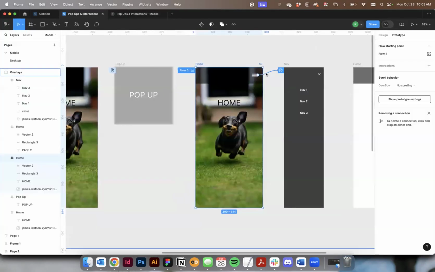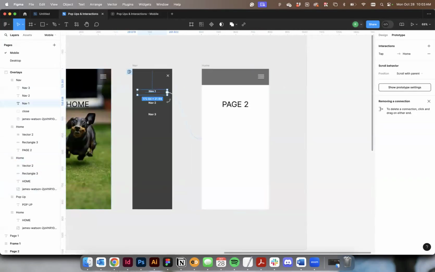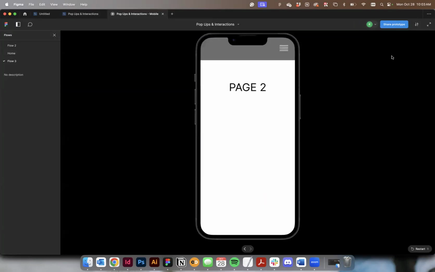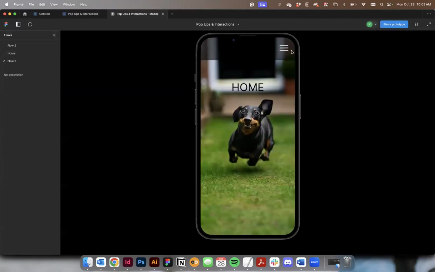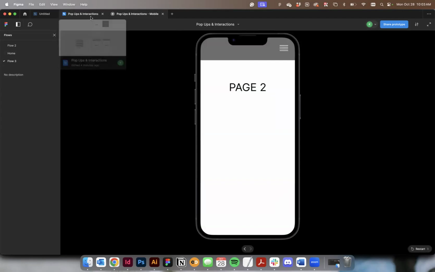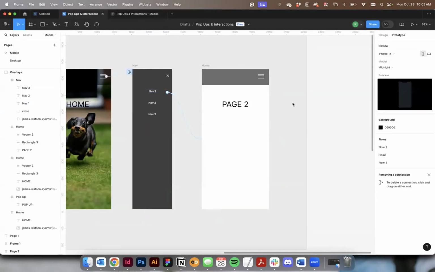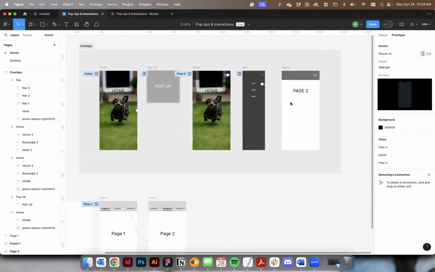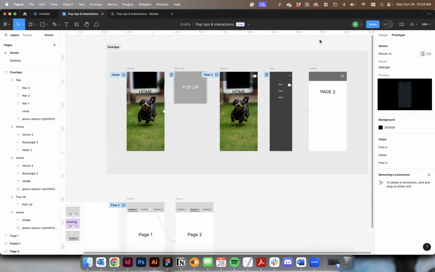And again, you could change this if you do want this to move in, anything like that. You're welcome to slide in. Doesn't look so bad either. Restart. Navigate one. That looks kind of nice when it comes to a mobile app. So you could do that potentially if you would like as well. So those are the two most popular ways that you would utilize overlays in